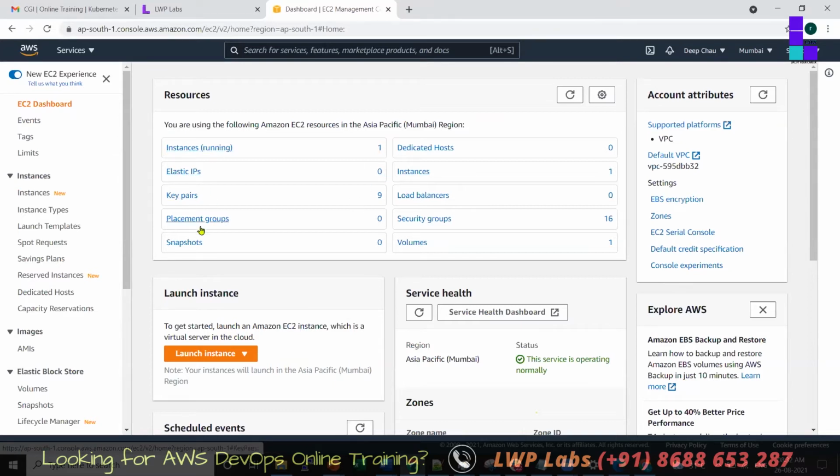Elastic IP is 0. Whenever you see Elastic IP is 1, you should delete it. It is chargeable. I'm just explaining a few things in shortcut. In one glance you can see how many instances are running, how many load balancers you have, how many snapshots you have, and these things. Okay, fine. So we are going to create this server.